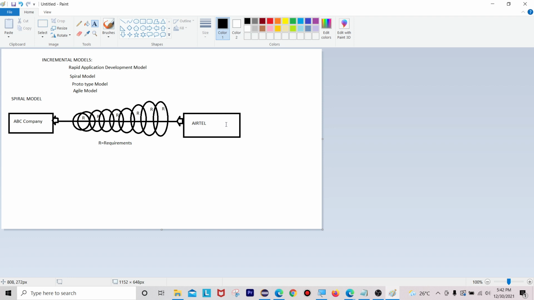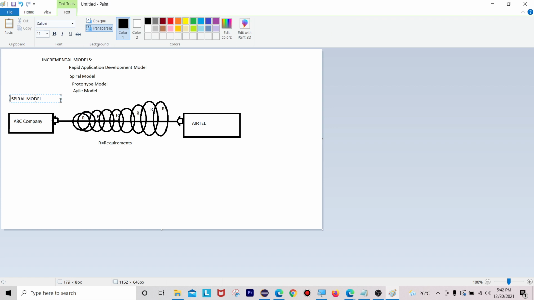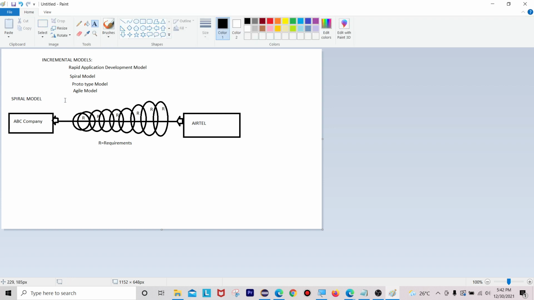The best example is the network operators, the telecommunication companies like Airtel, Vodafone, Idea or BSNL. They don't have their requirements clearly, and they can change the requirements every day. That's why we call it the spiral model, requirements changing day by day.